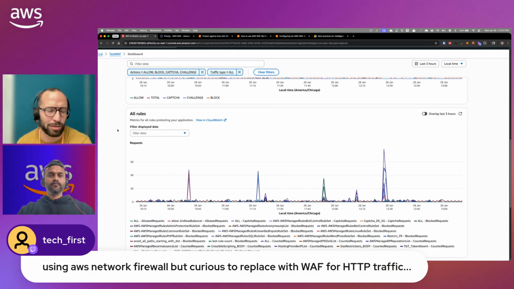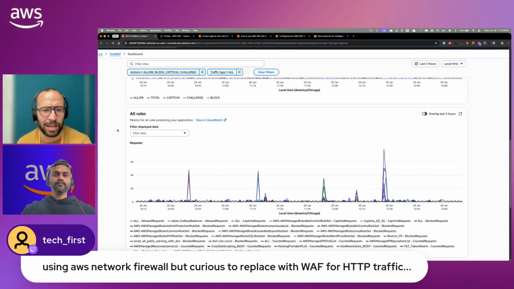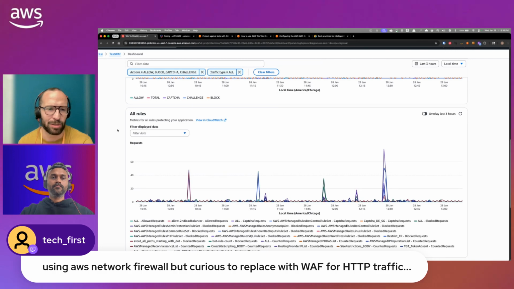I don't know if you see a lot of those, Karthik, on your end, but what I often see on the networking side is customers end up incorrectly trying to use network firewall for web application traffic, where WAF would actually be the appropriate solution to implement, right? Because it does all the things that you mentioned on the application level, but one thing that I've noticed that some customers don't realize is it also does all the traditional IP level blocking, right? You can set up port, protocol, IP address, and then rate limit on that if you wanted to. So it has all the next generation firewall, traditional firewalling things, plus all of the web application specific rules.